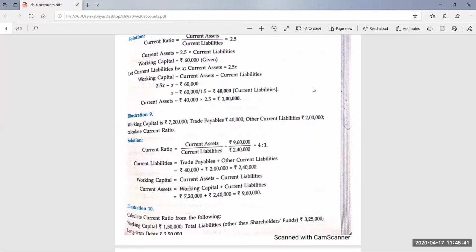I'm giving you 2 minutes again. Only 1 minute you have. Actually, class is going to complete. We are running out of time. So give me the answer. Working capital 150. Total liabilities means total debt, which means non-current liability plus current liability.